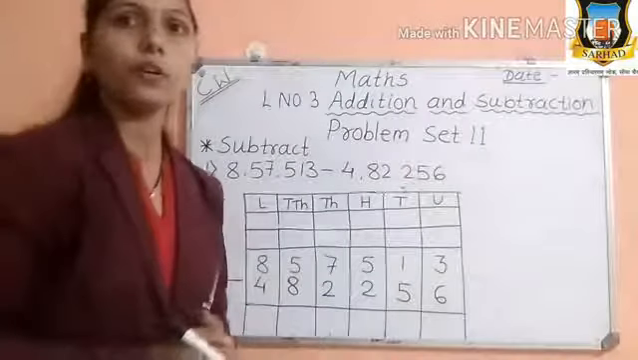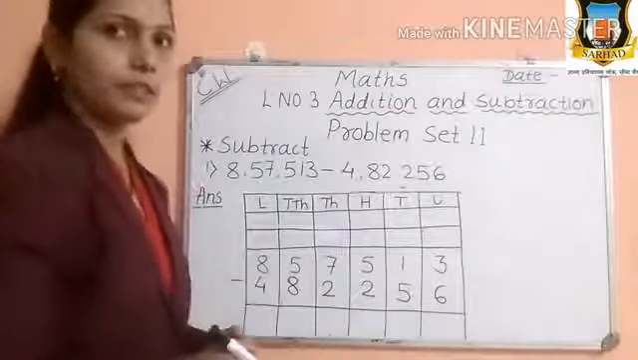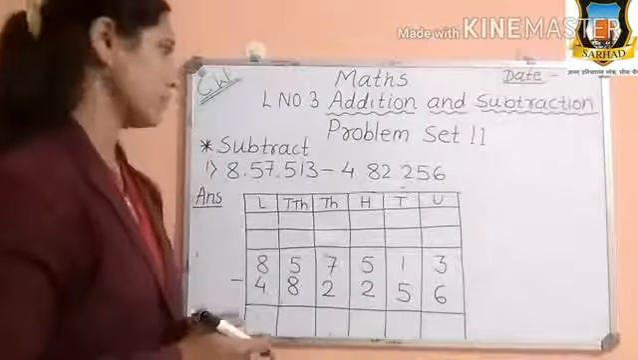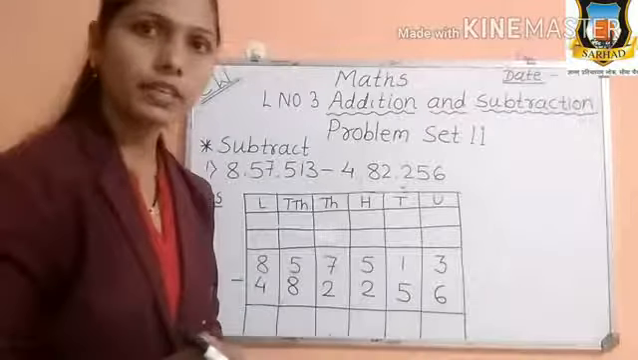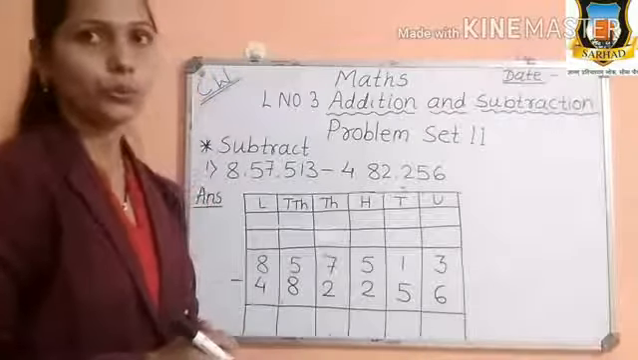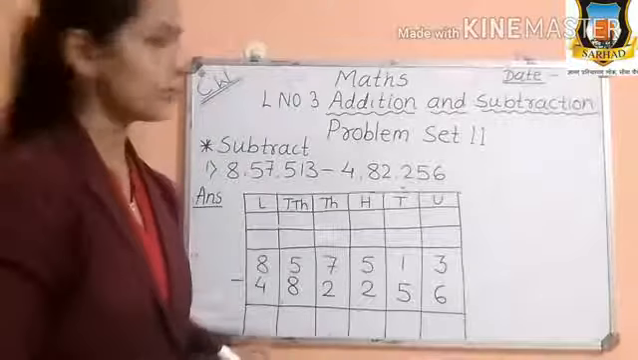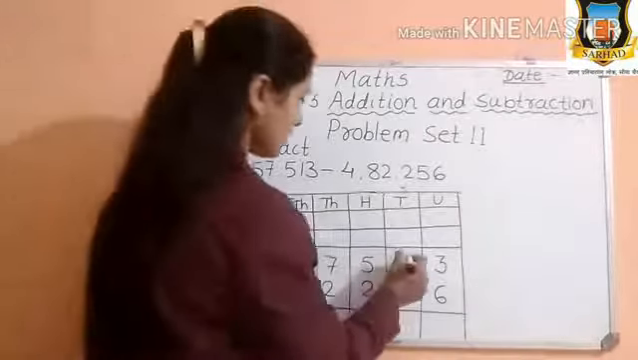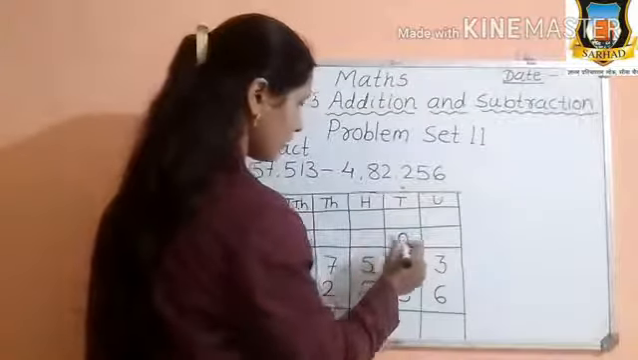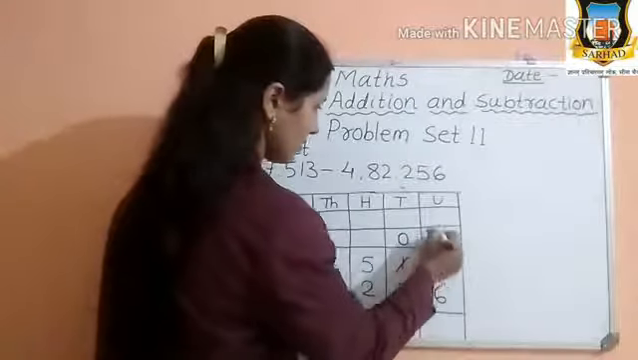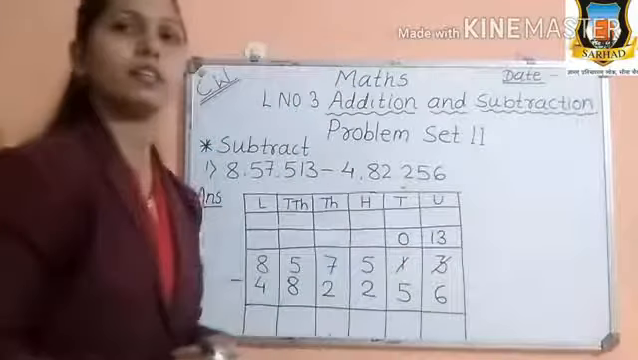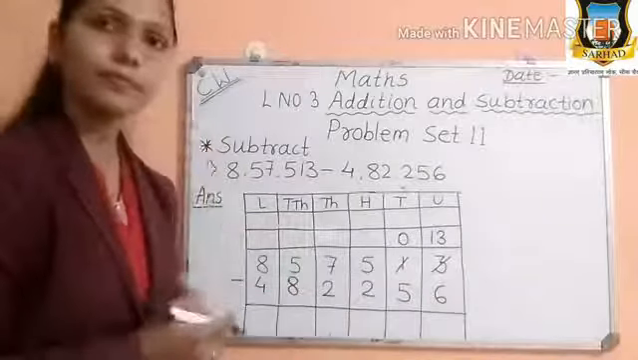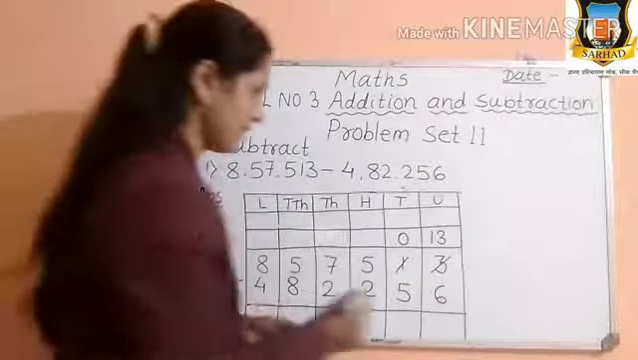Okay, now see here. 3 minus 6. Is it possible to subtract 6 from 3? No. So what do we have to do? Borrow from the next number. So here is the 1. Here will remain 0, and here becomes 13. 10 plus 3, 13. Now 13 minus 6. Yes, 13 minus 6 is